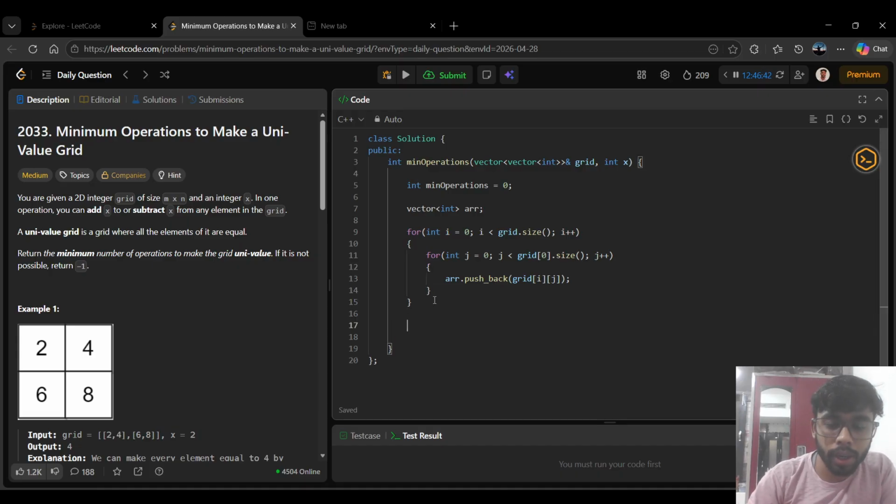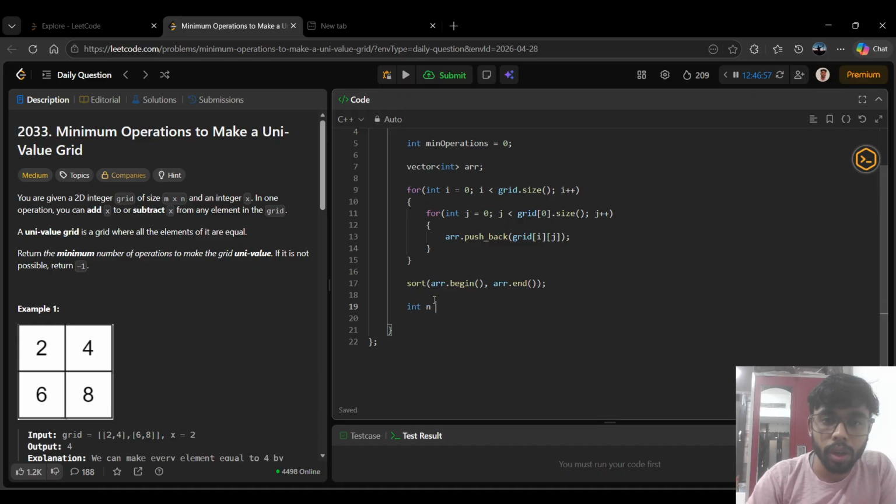Now we have to sort it. Sort arr dot begin, comma arr dot end. So we have sorted the array. Now n is equal to arr dot size, right? If n modulo 2,